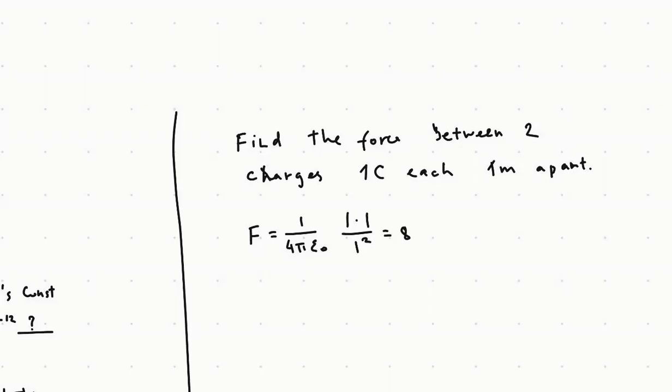8.98 times 10 to the 9 newtons. So it's 9 billion newtons. So you can imagine how massive a charge of 1 Coulomb is, because if you just have 2 coulombs 1 meter apart, there's a force equivalent to, I don't know,